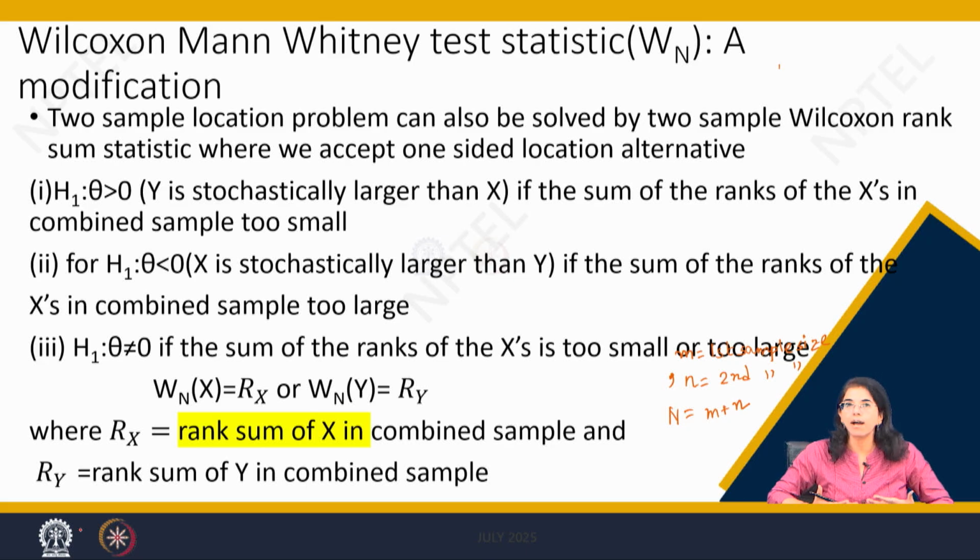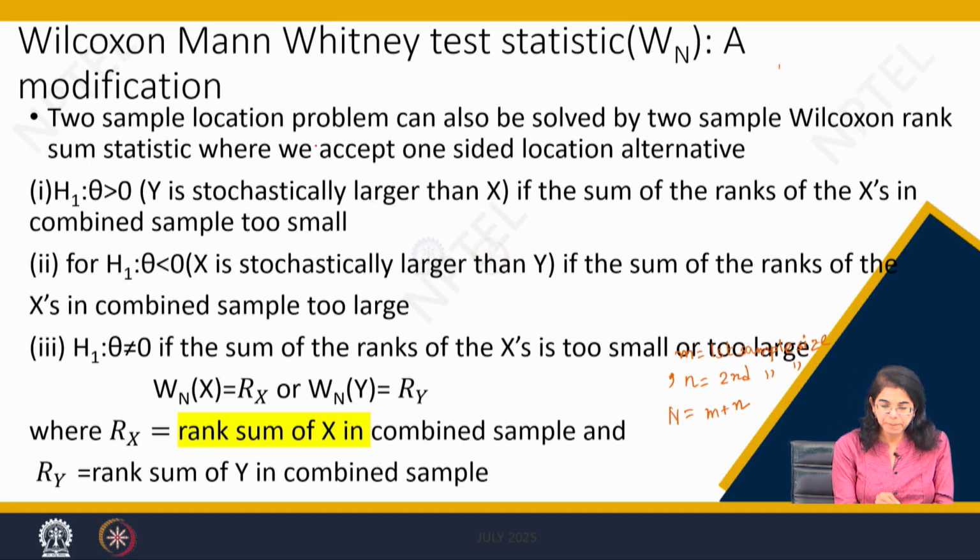Now you may ask why the Wilcoxon-Mann-Whitney test statistic is necessary once we know the Mann-Whitney U-test. Basically, the Mann-Whitney U-test requires all the time how many Y observations are superseding X observations. So basically, you have to count for each score of Y. Similarly, for each score of X, you have to count always. So just to make the computational labor a little less, we are going to propose this modification. It is more straightforward towards the formula, right?